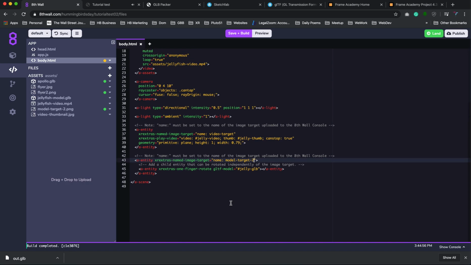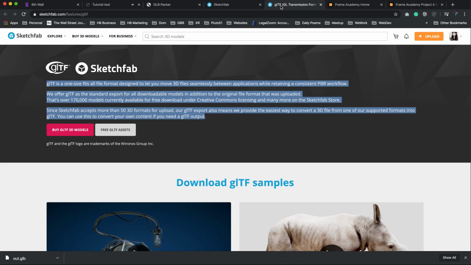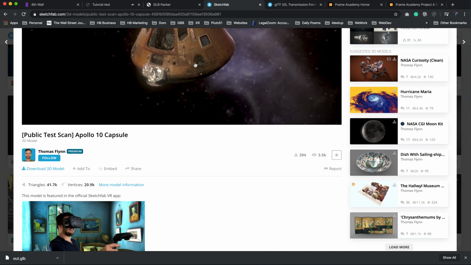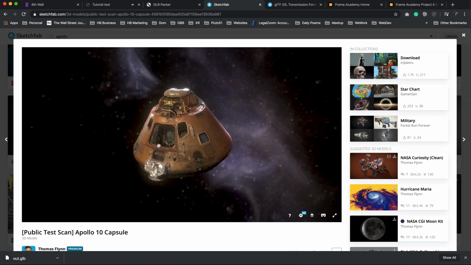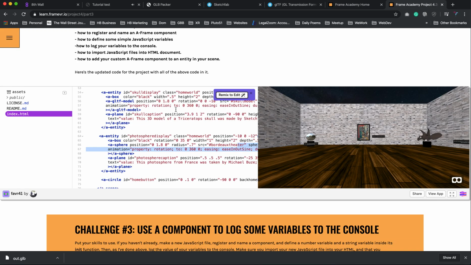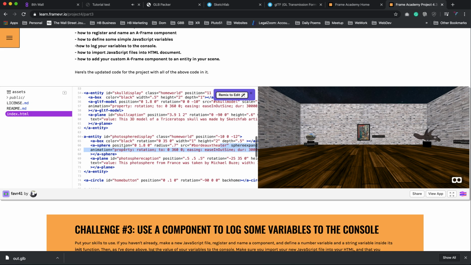Basically this model I downloaded will just stay there and nothing moves, but I want it to rotate. What should I do? So I look up Frame Academy. I look up the projects and find all those effects that look cool. I need to figure out what's going on, and I really appreciate that the naming is so good, so I can